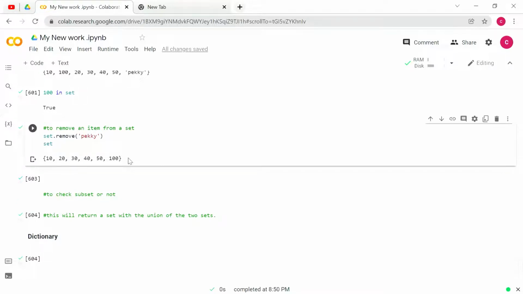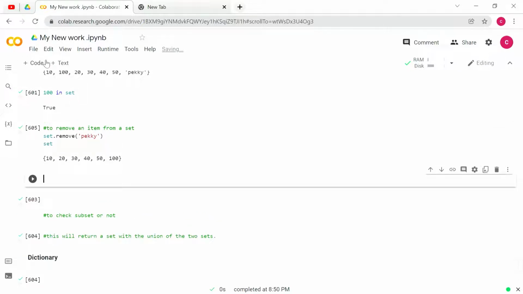Okay, I think it's clear. Next, if we want to remove one more item from the set, give set.remove inside brackets. Sorry, I am removing the single quotes, because I need to remove 100.